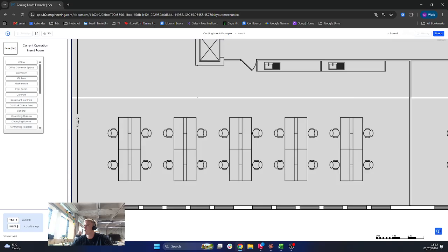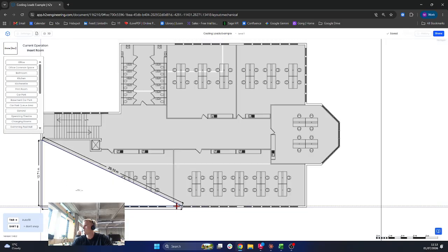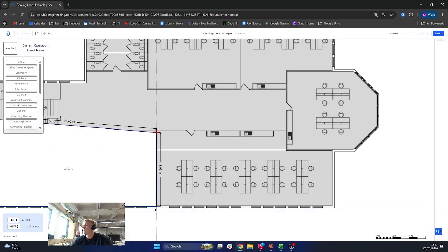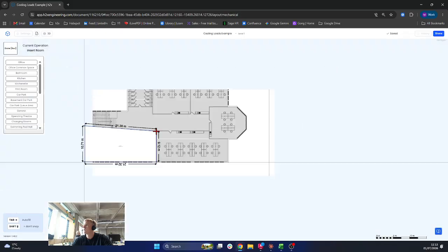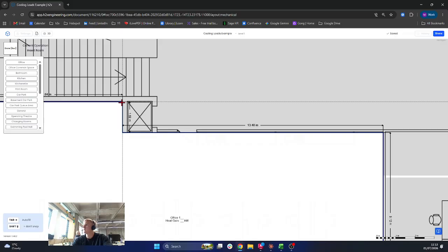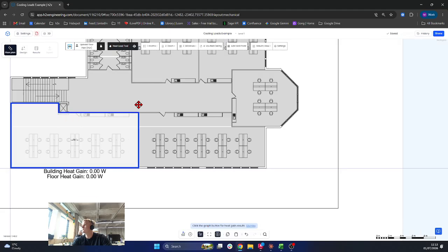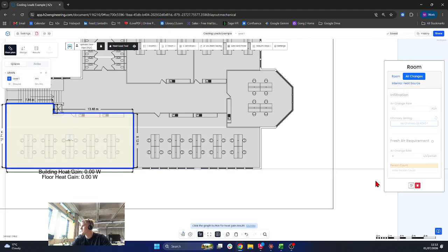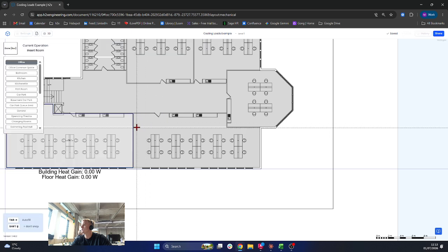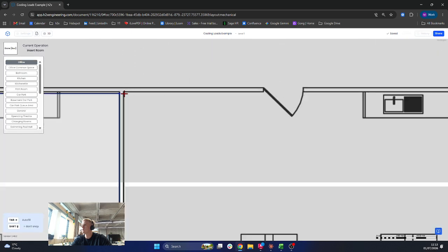to here, that to there, bring that to there, bring that to there, and hit escape. Click onto that office, enter the number of people for fresh air, go back over to the office room type up at the top here, left click here,